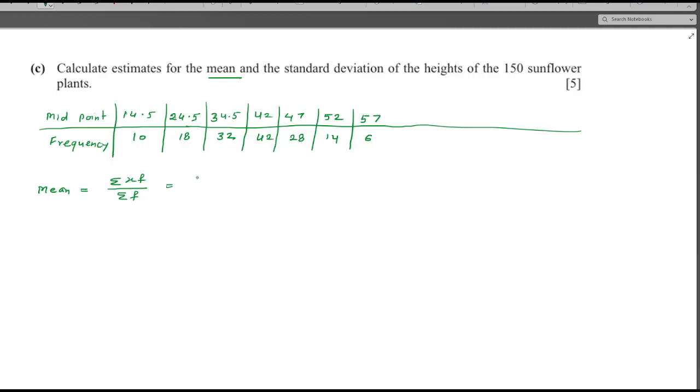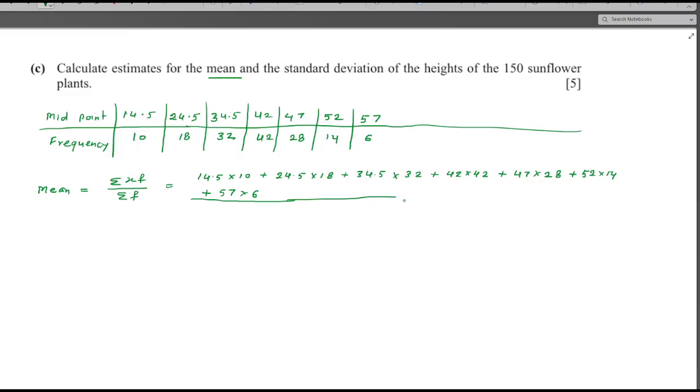So summation of x into f is 14.5 times 10 plus 24.5 times 18 plus 34.5 times 32 plus 42 times 42 plus 47 times 28 plus 52 times 14 plus 57 times 6, and this whole divided by